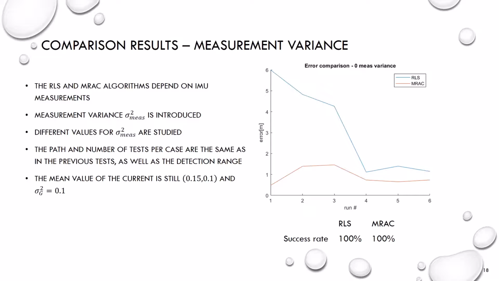We can see on the right our control with a 0 measurement variance, so the measurements are exactly what the state of the robot is at that time. We can see that both of the approaches have a 100% completion rate. MREC still outperforms RLS in terms of error, but as we start increasing that